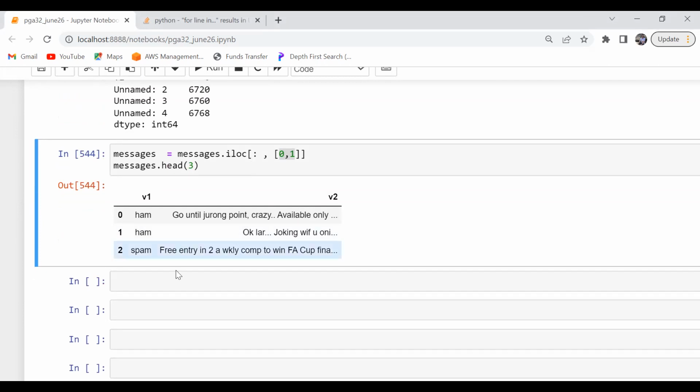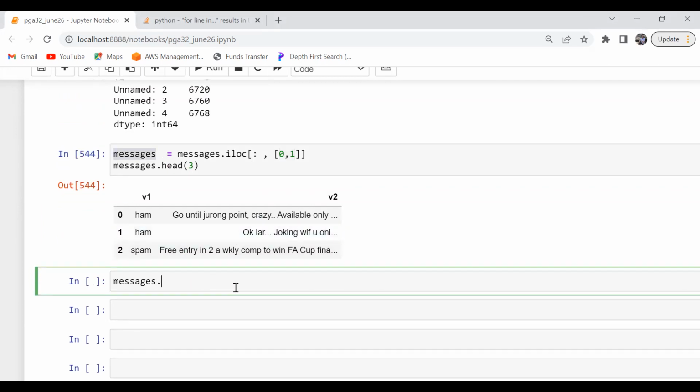Okay. Now the names of the columns are V1 and V2. Let's rename our columns. So messages dot rename. If you want, you can keep it as V1, V2 only, no problem, but let's take some logical names. Columns equal to, we already know how to rename the column. Let's rename V1 as label, and let's rename V2 as